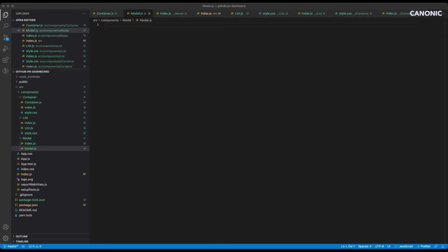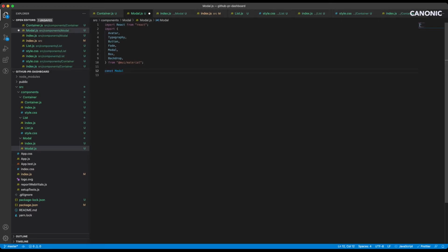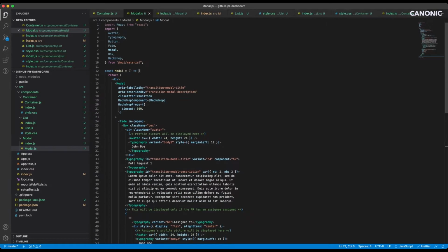We'll quickly add all the imports, the React and all the UI components that we're going to be needing from Material UI. We'll define the function here, export it. Great. Let's add all the code needed to build this modal component for us. Let's quickly go over it.